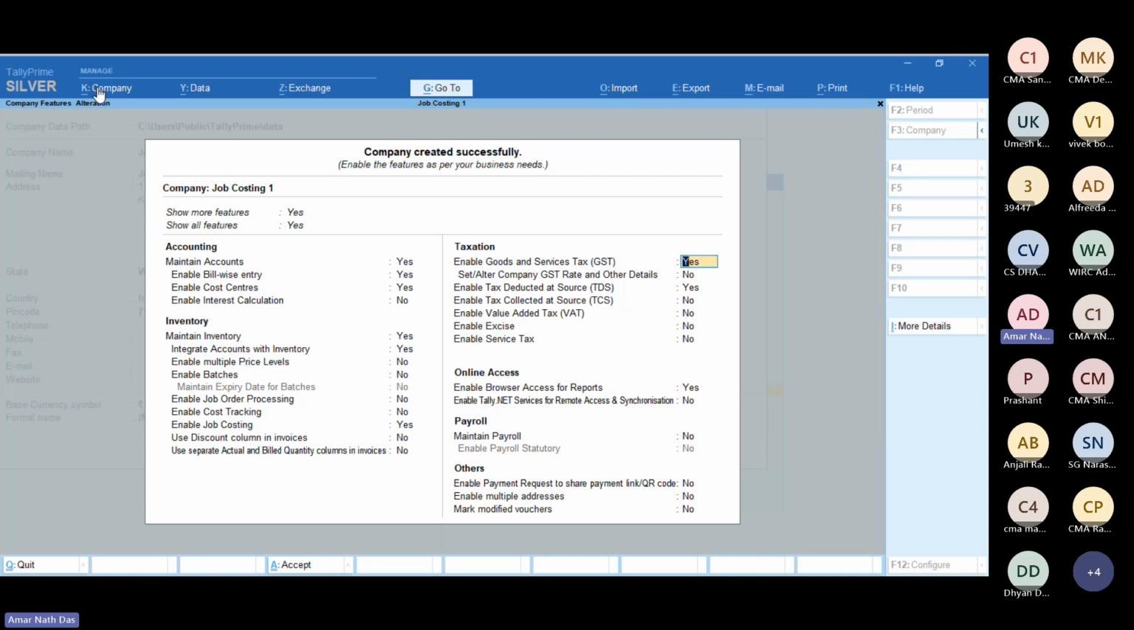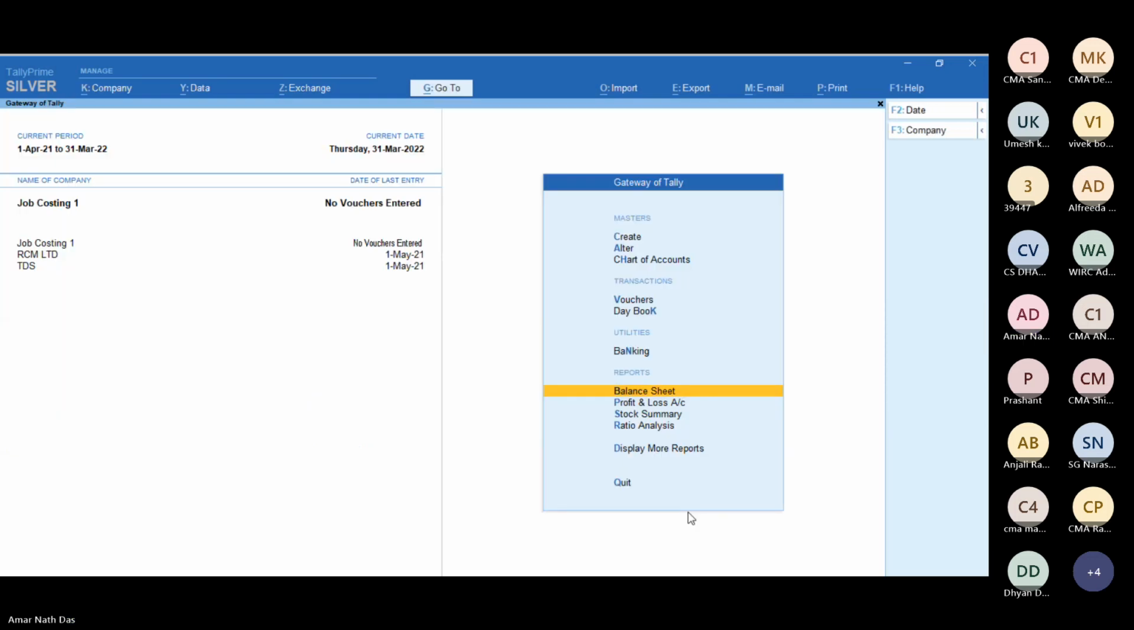I just deactivate my TDS and GST and accept the screen. Remember, this one job costing accepted. This one cost center accepted. Now I accept the entire screen. Done. So this is job costing number one. The company has been created with required features. Step two,